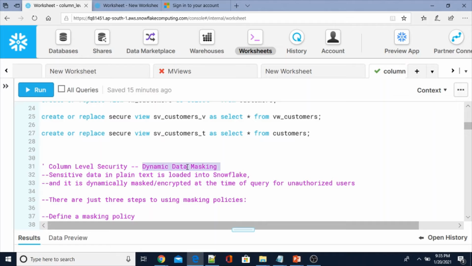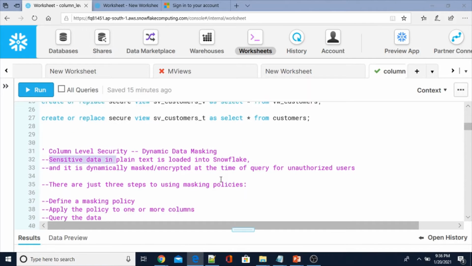Here I am going to use the dynamic data masking approach. So what is dynamic data masking? Sensitive data in plain text is loaded into Snowflake and it is dynamically masked at the time of query for unauthorized users, as I showed in the previous slide.